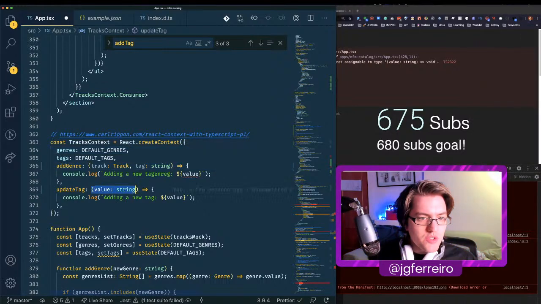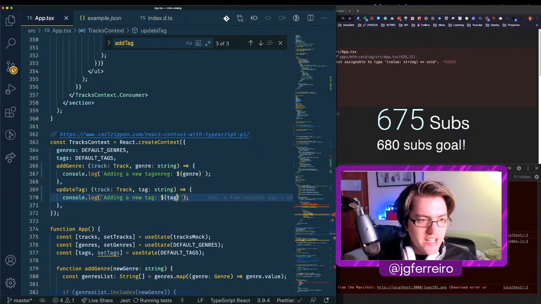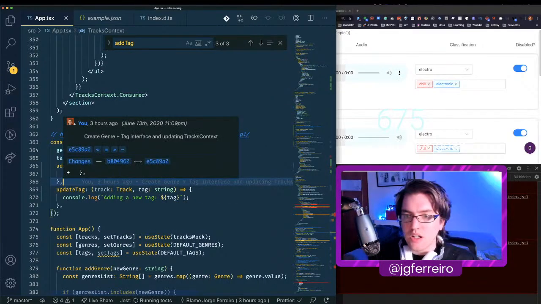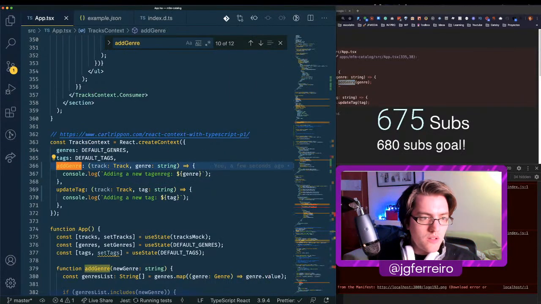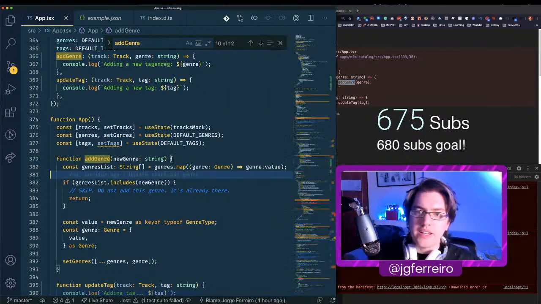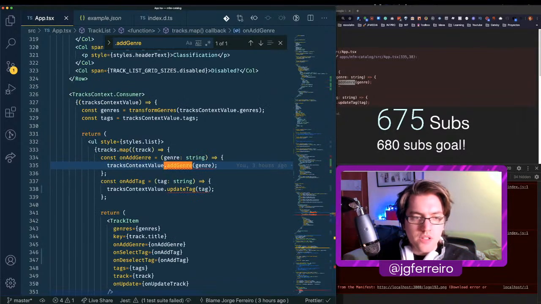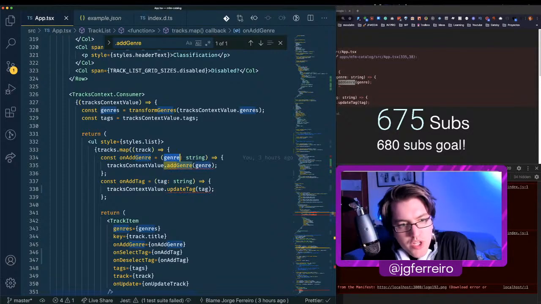The first is gonna be the track, the second is gonna be the value, so genre in this case, tag in the other case. Actually wondering if for this context I can actually not write this part and maybe just create the context with... no, but come on, add genre is supposed to be, oh, okay, got it. All right, yeah, that makes sense. That's cool. Okay, so add genre here, this is the problem,